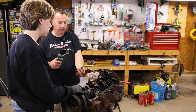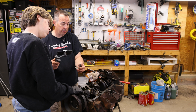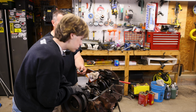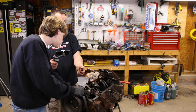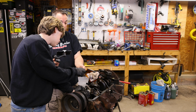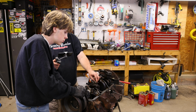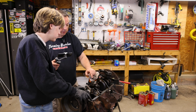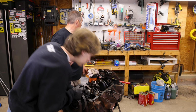All right, so this is our bearing surface. Yep, those are all chewed up. See those striations in there? You can feel it too. I can feel it with my fingernail, how chewed up that is. So you see how this bearing is a separate piece? All right, now we should be able to...